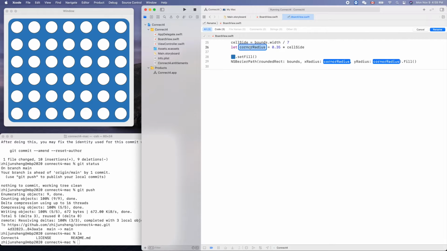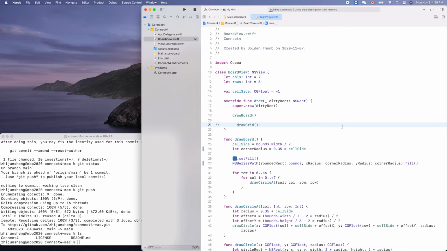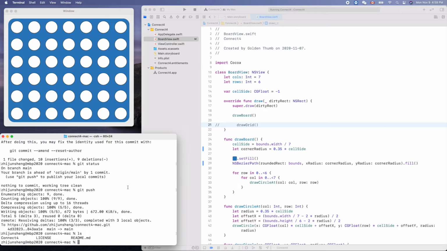So corner E, right? It should be E. Okay, now you can press enter or click this button, rename. Done. And if we rerun it, nothing will be broken. Yeah, so a good practice is to always